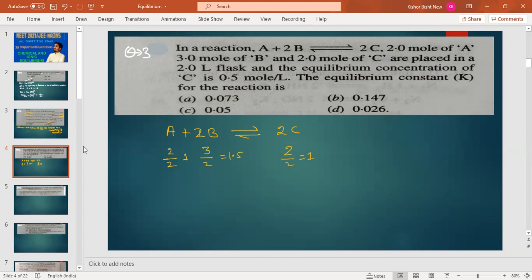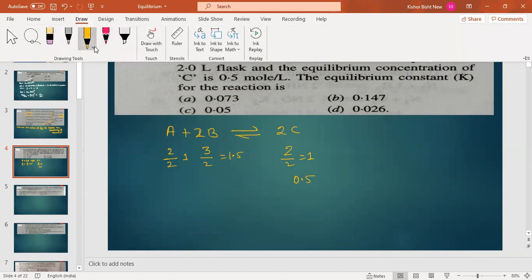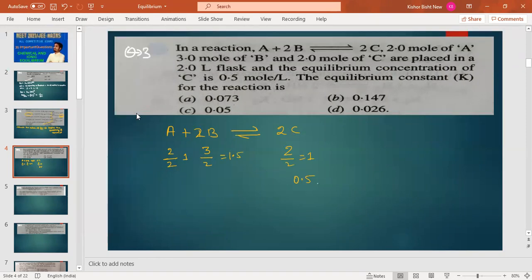Now after that, what is saying? Flask, and the equilibrium concentration of C is itna. So what is given? It's given the equilibrium concentration now it is 0.5. So you remember, this is the important line here. If the equilibrium concentration of product is decreasing, it means the equilibrium concentration of reactant should be increased. So now how much it will be? It is decreasing 1 to 0.5 at equilibrium. So it will be 1.5 plus 0.5 because it is decreasing, and now it is 2 by 2, 1, so 1 plus 0.5.